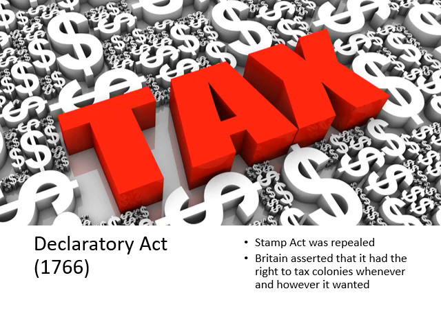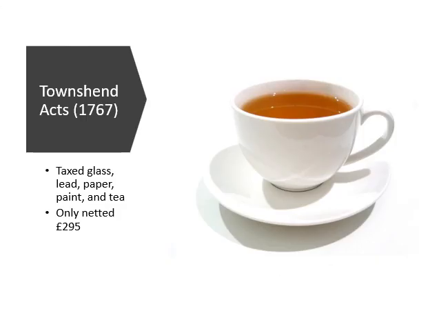The Declaratory Act actually repealed the Stamp Act and lessened the Sugar Act, but it also asserted the British right to tax the colonies whenever and however it wanted. So basically, the British are saying, we'll get rid of these, but we can do this. Like, we are letting you know that we have the ability to tax you whenever and however we want to do it. So having declared their right to tax the colonies, the Parliament passed the following year, in 1767,